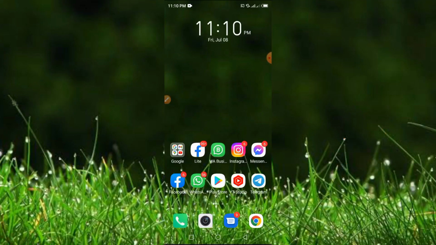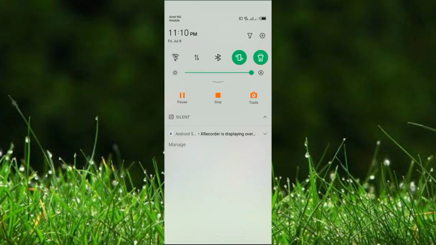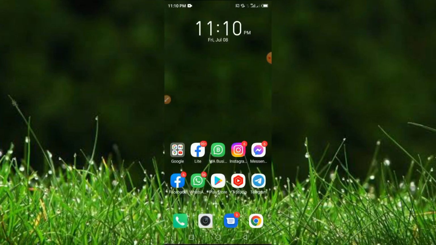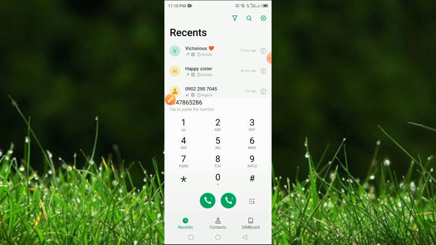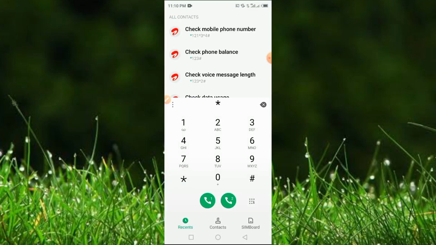And guys, the first thing I'm going to be doing, you have to make sure that your data is turned on. So guys, once your data is turned on like this, the next thing I'm going to be doing here, we have to go to our dial pad. I have a secret code that will be helping us today to be able to use the internet while on flight mode. And guys, the secret code is